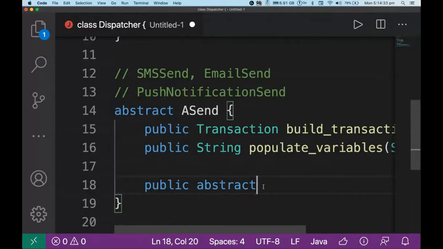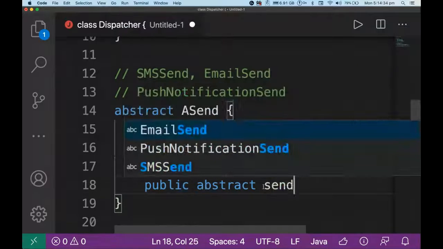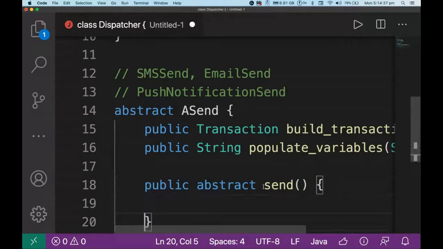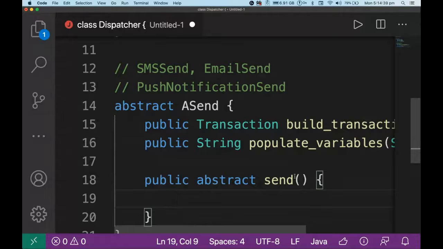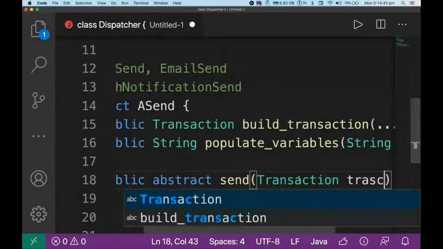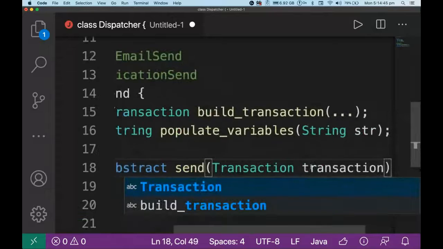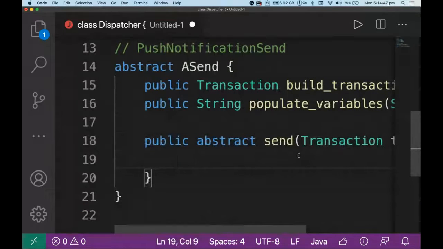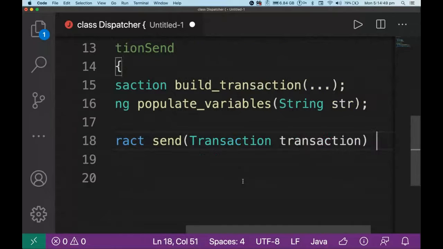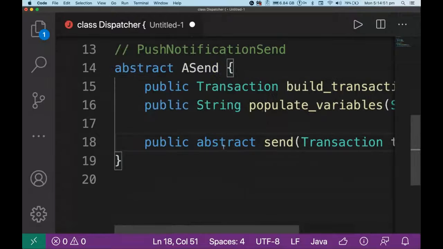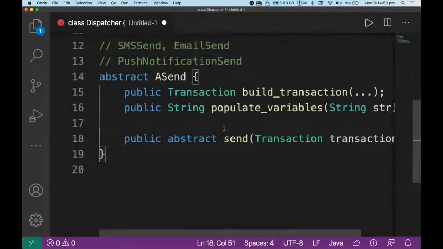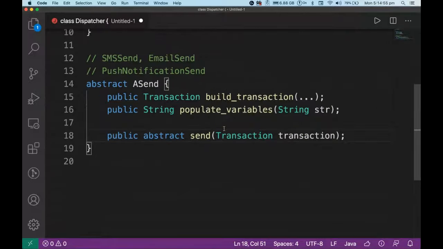And so that stuff is consistent across all, but for example, the actual send itself, where it sends a transaction like this, maybe you take a transaction in, maybe you record what transactions, doesn't really matter. The way you actually define it, that's going to be abstract and it doesn't have an implementation, right? And so this method here is going to be reliant on your subclasses to go and implement it, right? So your subclasses are going to come along and